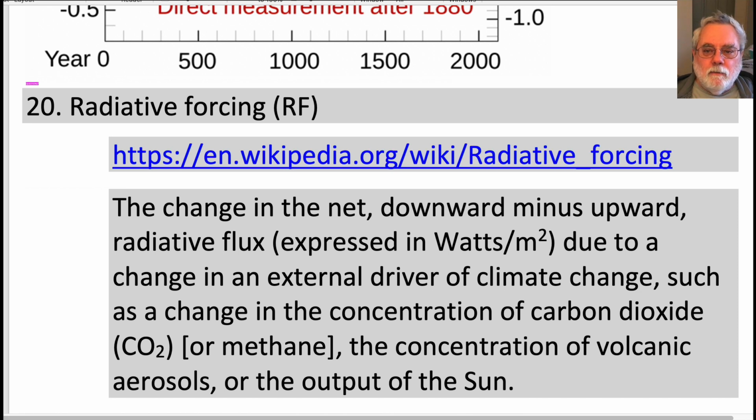But a change can also be relative to a specific prior concentration of greenhouse gases in the atmosphere, such as pre-industrial concentrations: 280 parts per million carbon dioxide and 0.7 parts per million methane. So, don't compare two radiative forcing numbers unless they use the same base. In a coming section, we will use the ModTran tool to model the change in radiative forcing between two concentrations